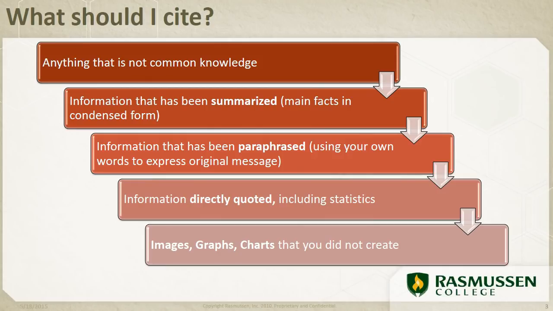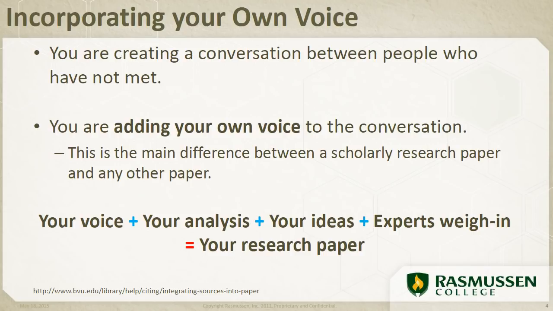It's very easy to find images on Google, and those need to be appropriately cited. Also, your e-textbooks make it very easy to copy and paste charts and graphs into your written assignments. It's necessary to cite where you took the information from. Learning how to integrate outside sources into your academic writing is a skill that takes time and practice.